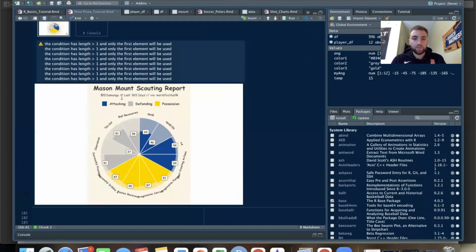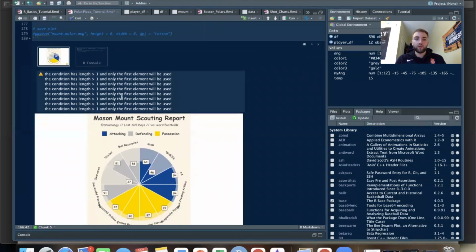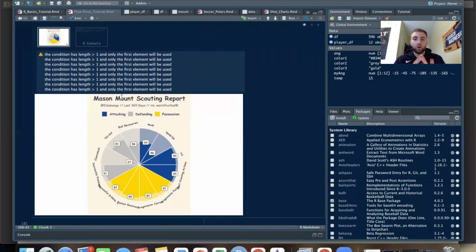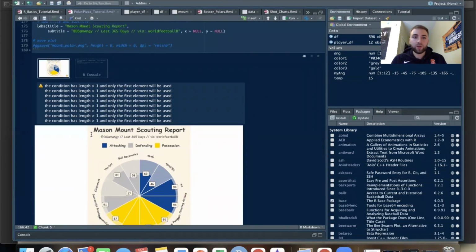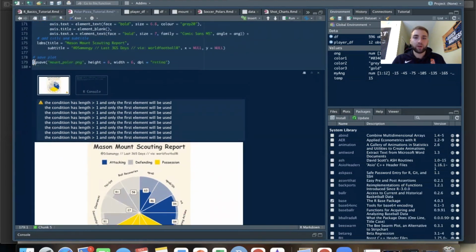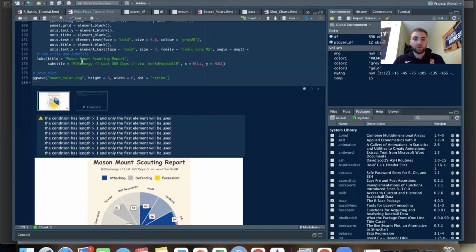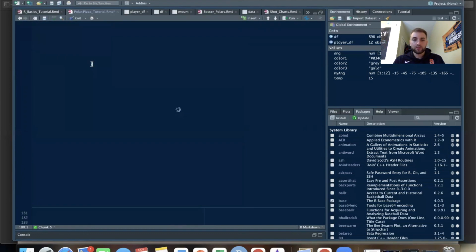Yeah, so the way it renders in R sometimes looks a little bit odd. You can kind of see how it's squished. The best thing I do is I usually save it right after I run through different variations of the plot. So if it's a rough draft, I'll save it, see what it looks like once it's saved, and go from there. So as I said, you can change all the titles, the subtitles, and then